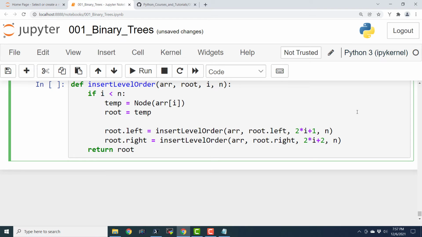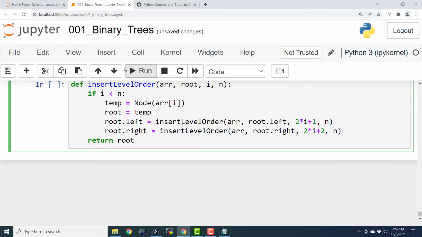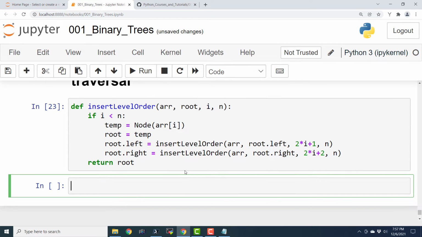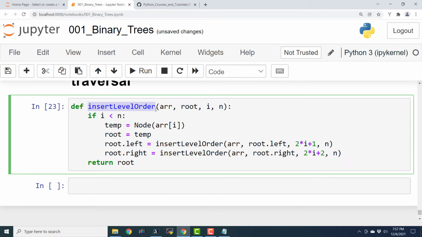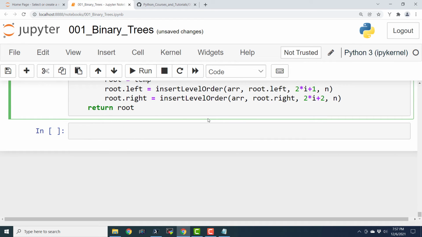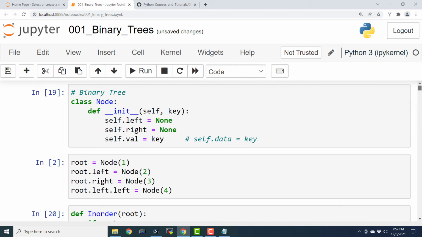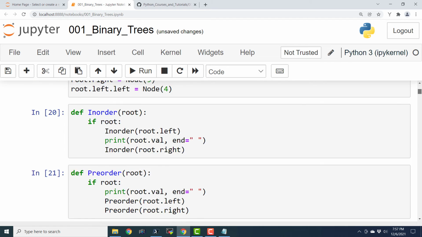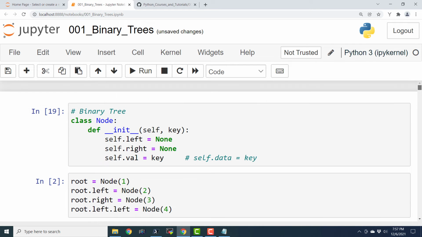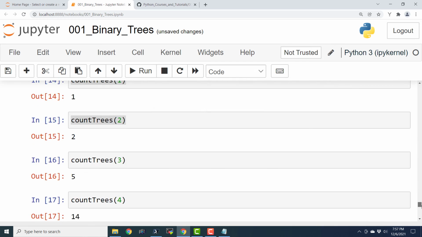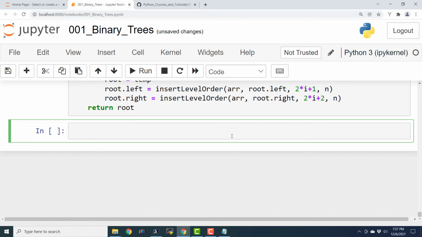If I execute this, it is going to define that function for us, and load the definition of this function in the memory of this computer, so that whenever we make a call, it is going to call that particular subroutine from the memory and process it. We already have defined a function for in order here. And before typing the code, I had already executed this in order cell and this node cell, so that we shouldn't encounter any problem whenever we call that in order function. Because in order to show the traversal, I will have to call in order, pre-order and post-order.